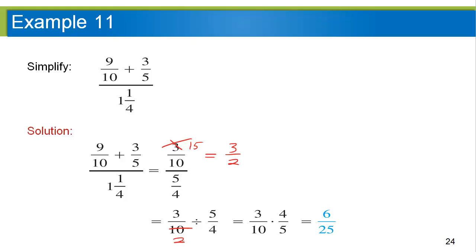Let's see if I made any other mistakes. Well, what's 1 1/4 as an improper fraction? Well, yep, that's 5/4, right? 4 times 1 is 4. 4 plus 1 is 5. 5/4. So that part's good. So now we've got 3 halves divided by 5/4, which is really 3 halves, right? Times 4/5,